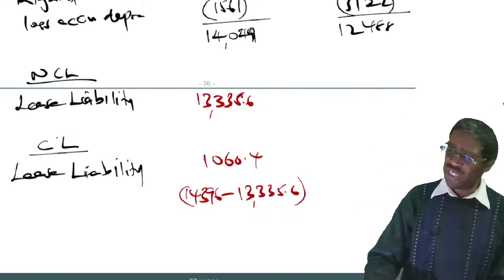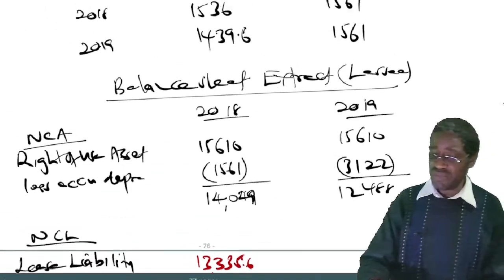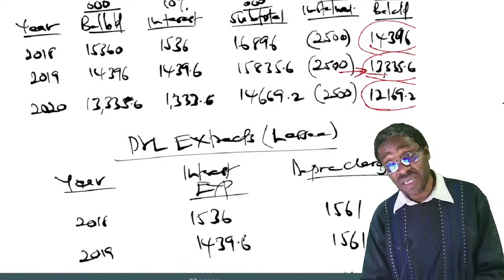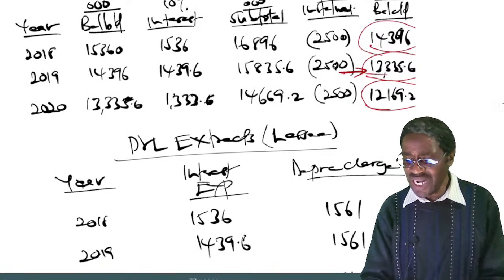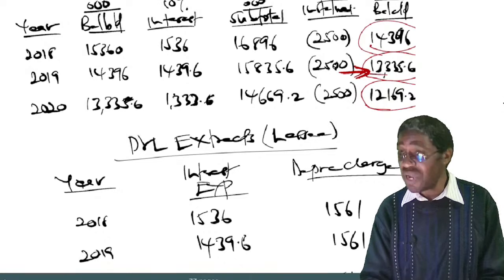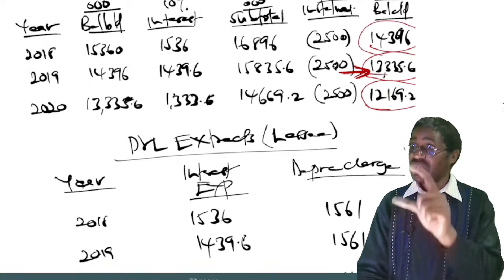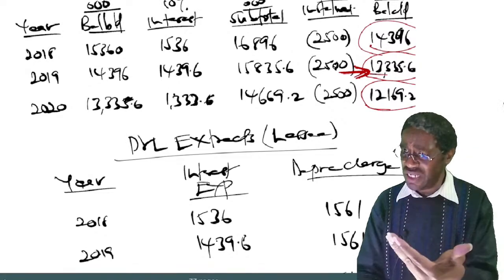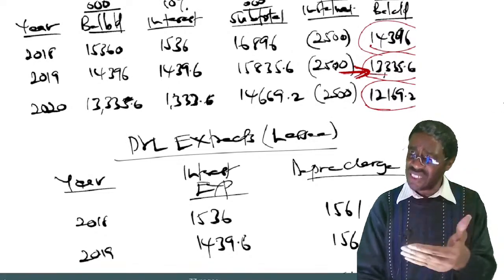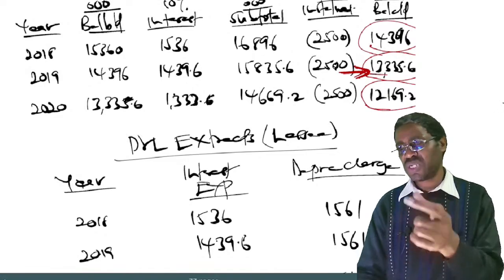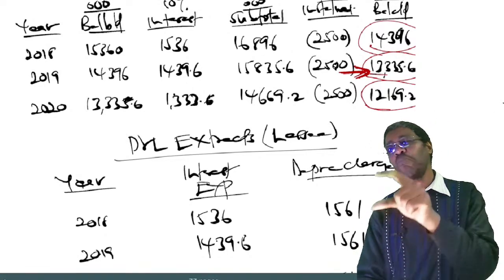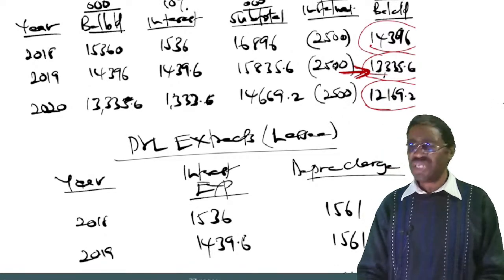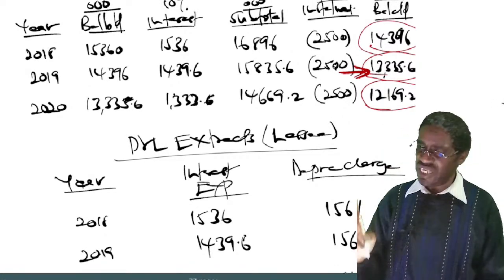Okay, let me do the 2 years first. Now I go to the table for year 2 and I can see, listen now, we are carrying down a liability of 13,335.6 by end of year 2. Then I ask myself again, how much of that 13,335.6 will take me more than a year to pay? How much of that 13,336 will take me less than a year to pay?